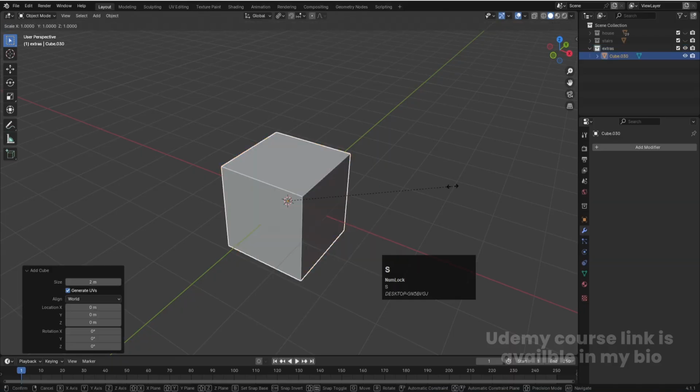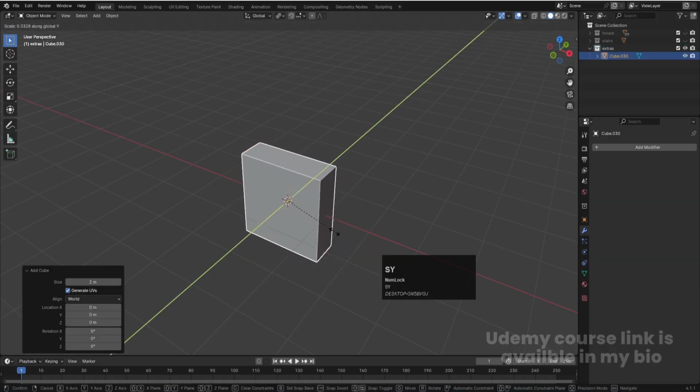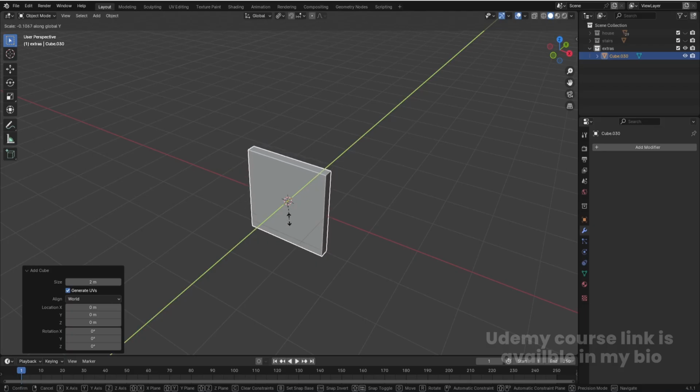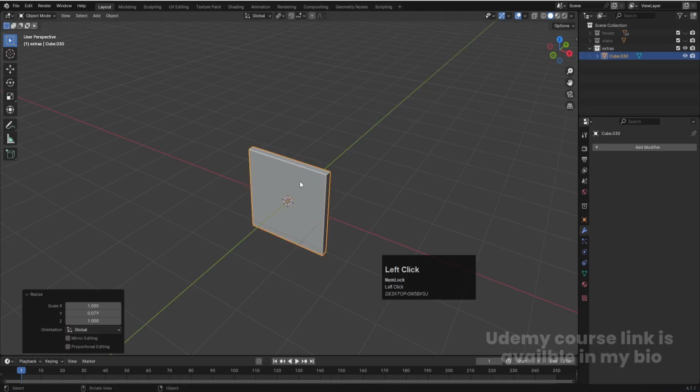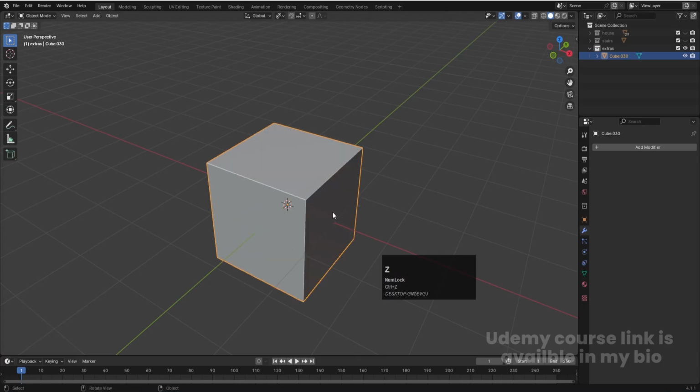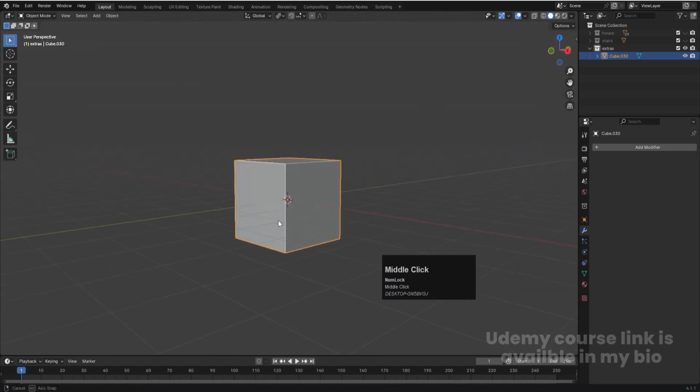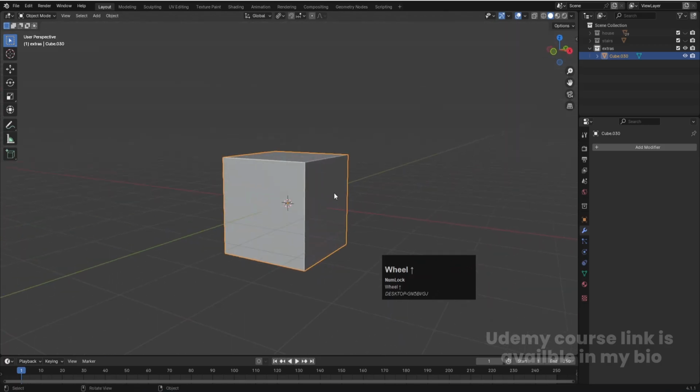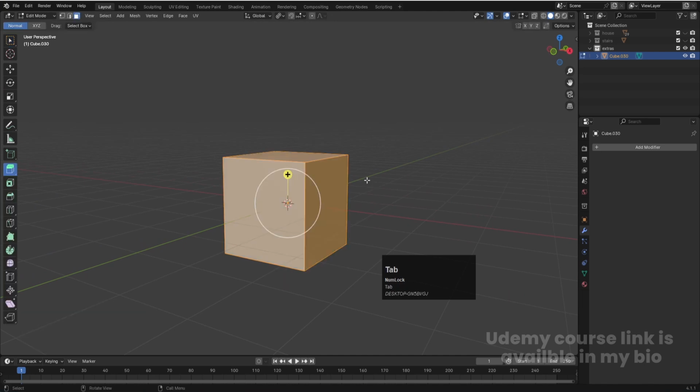Press S, Y, and let's scale it like this over here. Okay, or instead of that, let's keep it as it is. We will create the box by this only. Let's select this, hit Ctrl A and choose to apply scale. Press Tab, make sure to press 3 to select faces, hit A to select all of these faces, and then